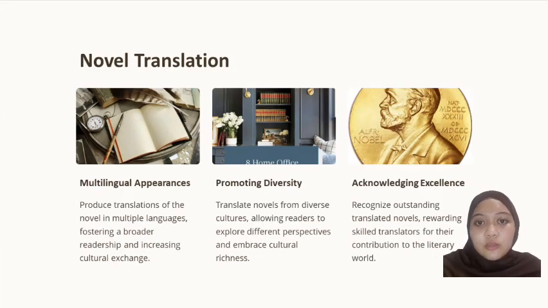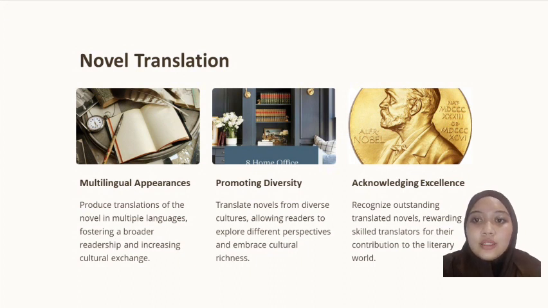So next I will explain about novel translation. Novel translation, as we know, is a process of translating a novel from one language to another with the aim of making it accessible to a broader readership and promoting cultural exchange. Novel translation can have various benefits such as multilingual appearances. By producing translations of the novel in multiple languages, the novel can reach a wider audience and increase its